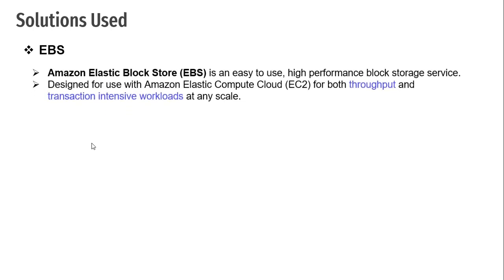The next solution which we have used is EBS. EBS is Elastic Block Store. It is a high performance block store service of AWS. It is mainly designed to be used with Elastic Compute and provides you storage service.